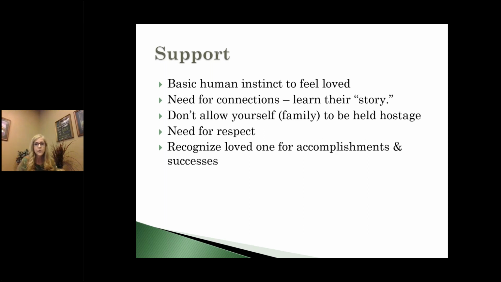We understand the eating disorder impacts them. We do as therapists, of course, understand that, but our loved ones, or excuse me, our caregivers don't always understand that. And so we want to try to help them learn how to keep that family running in a healthy manner without letting the eating disorder infiltrate everything, all the decisions that everybody is making and what they're doing, because it's offensive and aggressive. And then this need for respect and recognizing loved ones' accomplishments and successes is imperative.